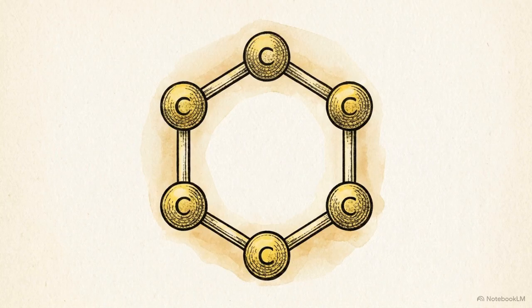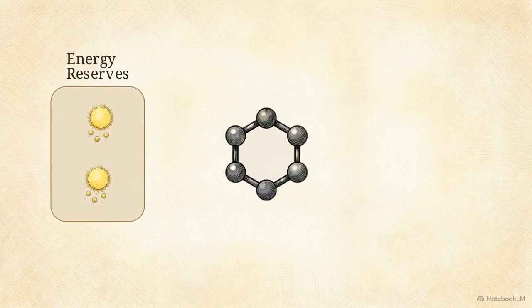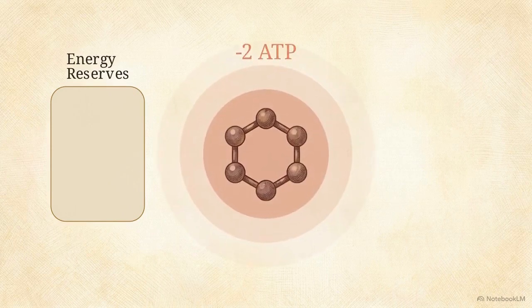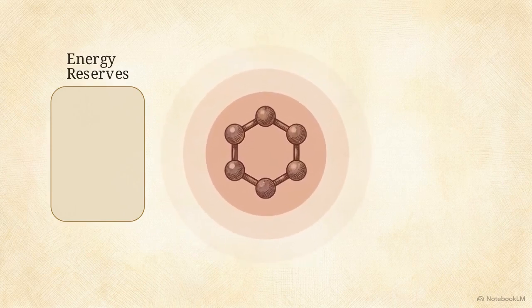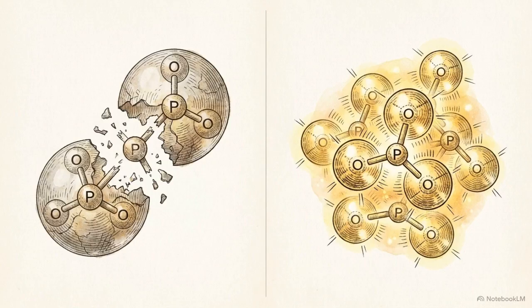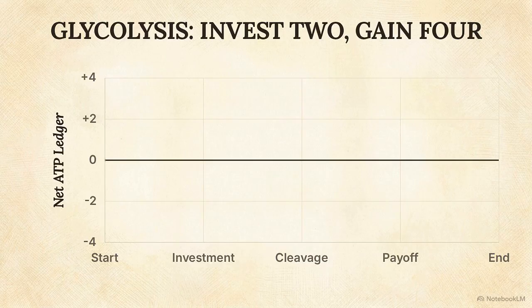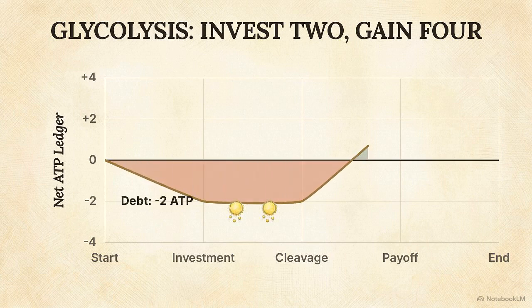boxes. However, because glucose is so chemically stable, the cell faces a problem. It must initially operate at a deficit, spending its own energy reserves just to start the process of breaking those bonds apart. To manage this, glycolysis is divided into two distinct halves, an energy investment phase, followed by an energy payoff phase. This upfront cost is a biochemical necessity. Spending energy is the only way to destabilize the sugar enough to force it to yield a much larger return